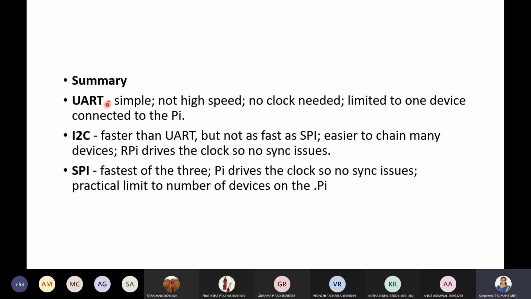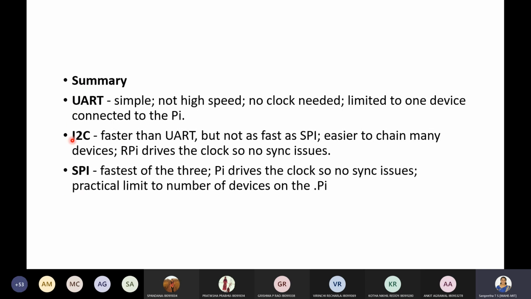Now, when you compare UART, I2C, and SPI in terms of data transmission confirmation, I2C will ensure that the transmitted data is being received by the other device. So this is good for finding out whether any data loss has happened or not, because it confirms whether the data sent is being received by the other device.